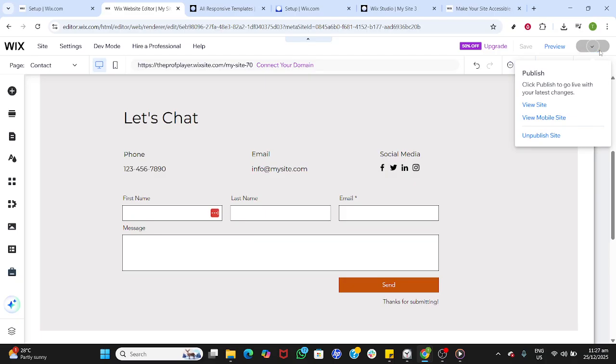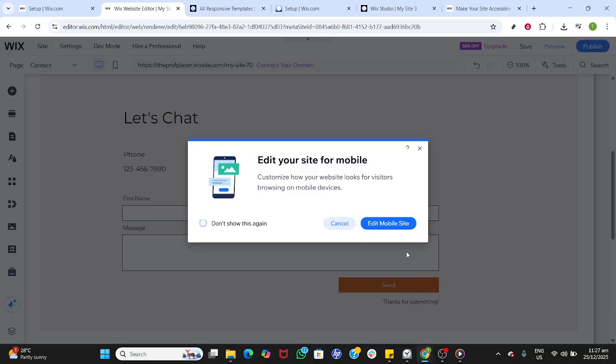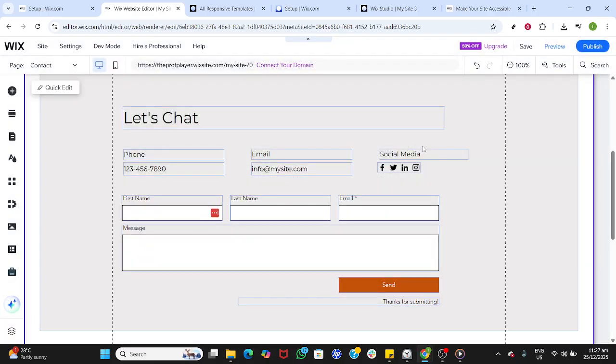Continue using the on-canvas highlights to make final tweaks to the section and form until you're happy with how it looks. When everything is set, head to the top corner of the editor and click Publish. This pushes your changes live so visitors can access your contact form. After publishing, click Done to finish up. That's it. Your contact page is